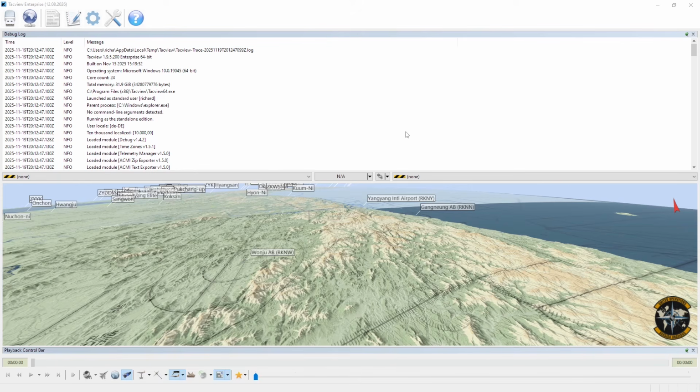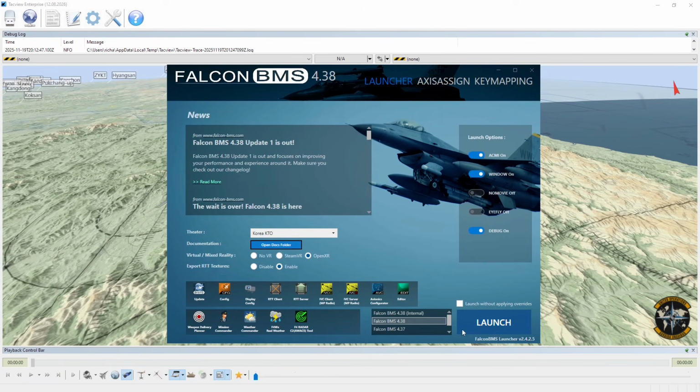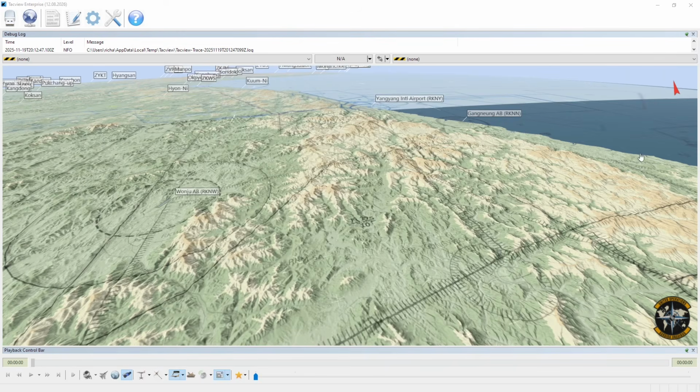Okay, then. In the last minute I forgot that there is one more feature in combination with tacview-server.exe I wanted to show. I will do that very quickly, and that is Tacview real-time. I'll start BMS and load into a campaign. Just quickly, new campaign,